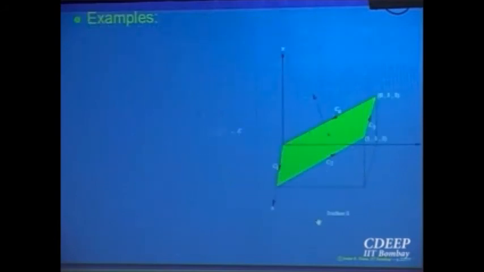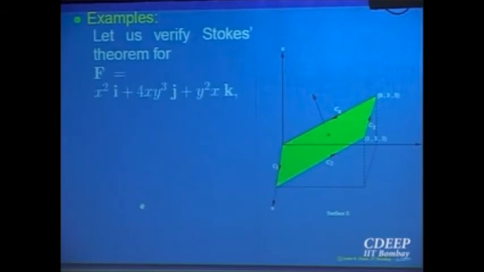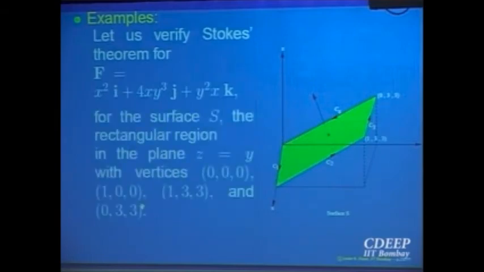So let us look at one example of a computation of this type. This is the surface, the part of a plane which is inclined, and the coordinates are given. F is a vector field and this is the surface, a part of the plane z equals y. The surface is the plane z equals y, and a part of that is taken, because if you take an infinite plane there is no boundary for that. You have to have finite, bounded things only. So I am looking at a part of that plane which is this square.